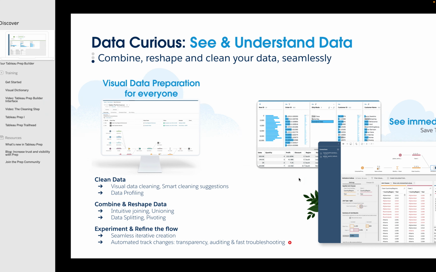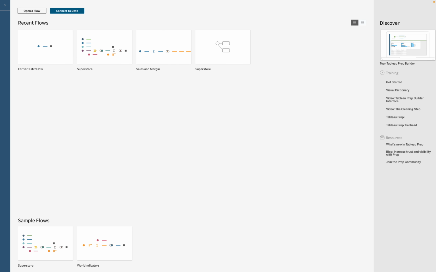I'm going to jump right into the demo and open up Tableau Prep so we can take a look at that. We're going to be covering four topics. Number one, how to connect to data in Prep Builder; how to combine and integrate multiple data sets through joins and unions; how we can interact with and clean the data; and finally, how to share and refresh the data